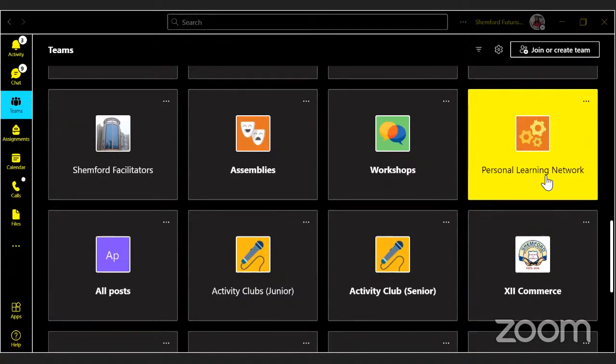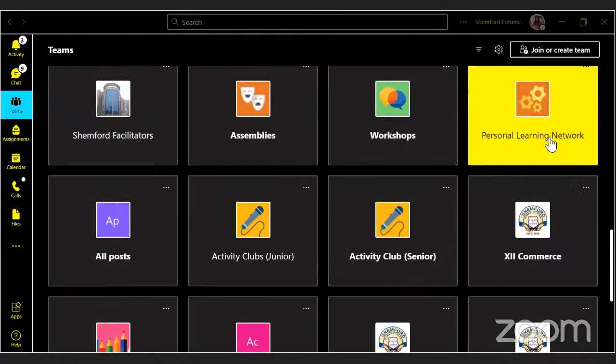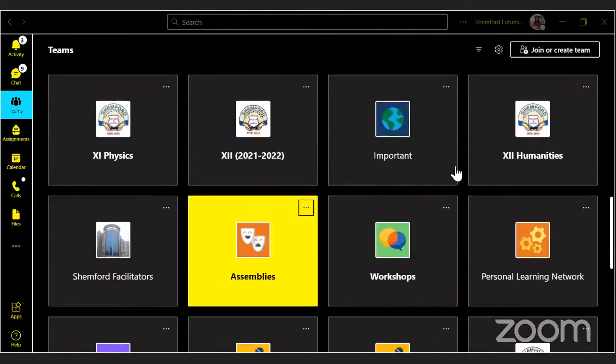For example, right now, maybe 60, 70, 90, 100 of you are joining over here. Suppose you are not having your Microsoft Teams official ID from your school, but you are having your own personal IDs. I can take your IDs and I can send you a request. And when you accept that request, you can be added as a guest in this network, and you will be able to access all the features of this official platform. So I have created this personal learning network as well. The rest of the others are my official IDs.